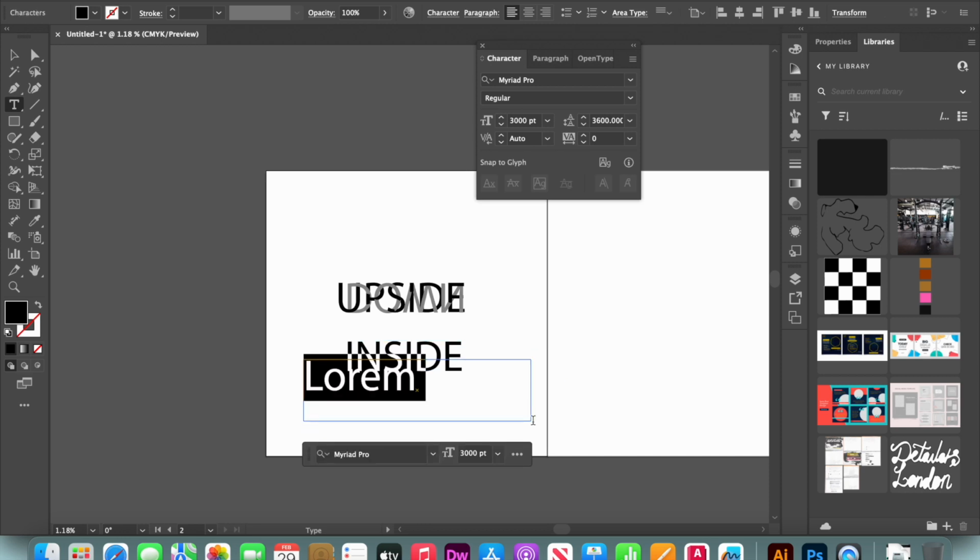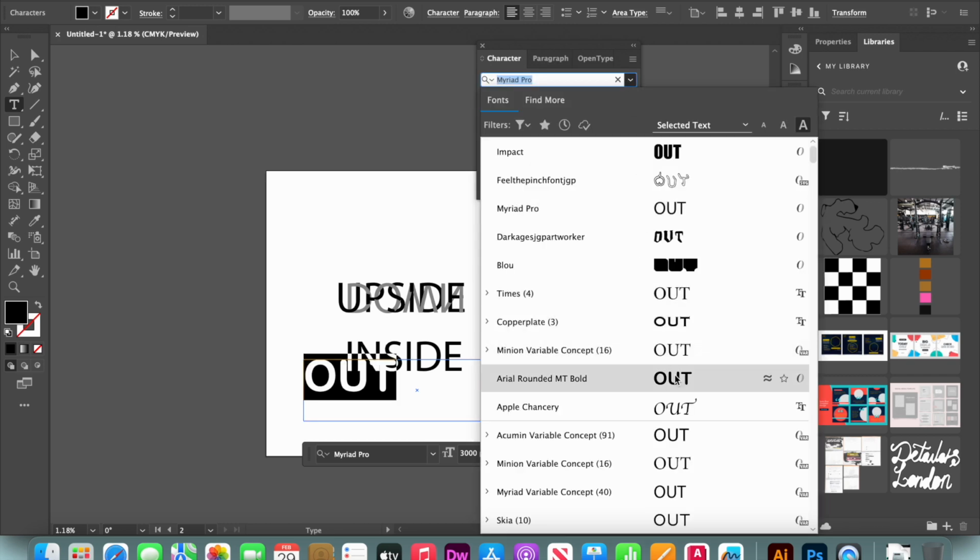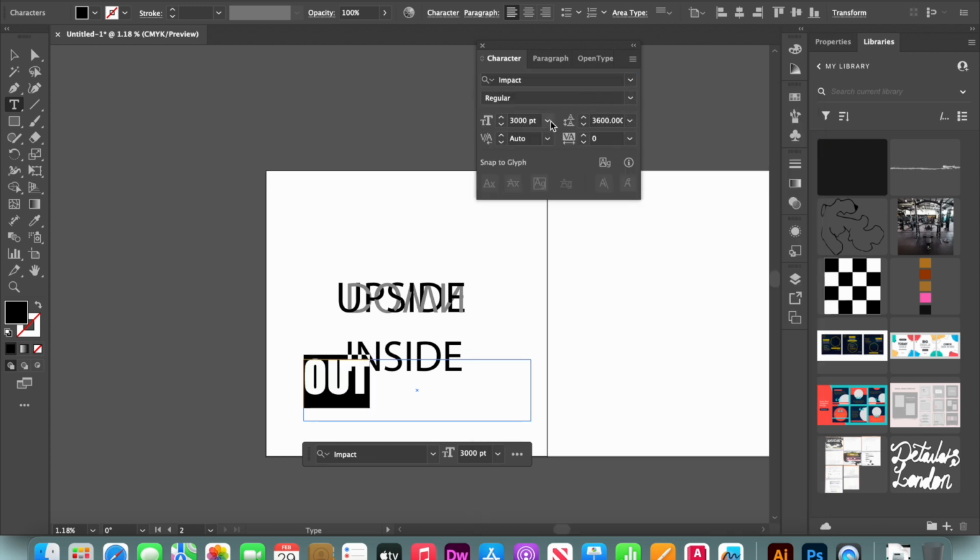So I've used Impact and decided this wasn't correct, so I've gone back to Myriad Pro. But for this to stand out, such as "out", you need to create something that's a bit more bold. So comparing these two fonts, I've decided to go back to Impact and change the point size to